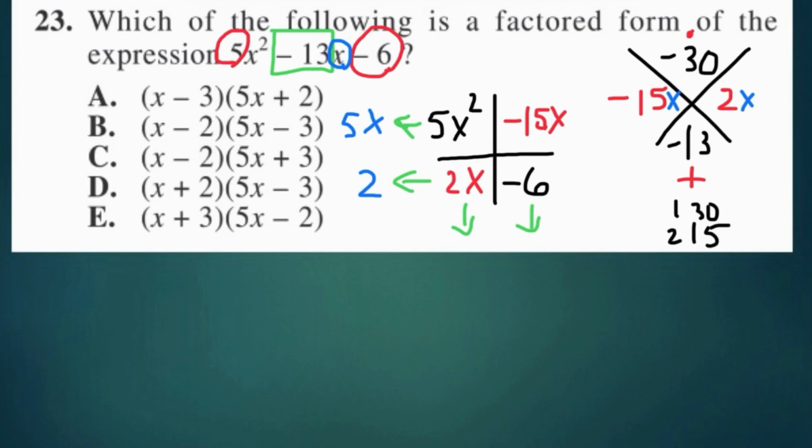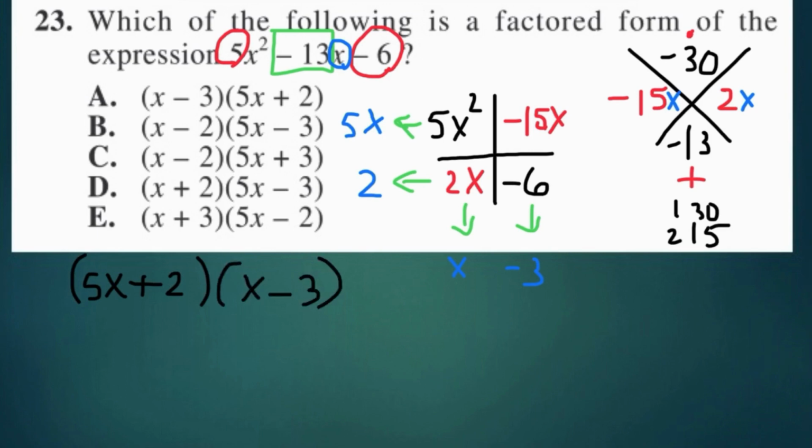If we factor the second row, we can take out a 2. If we factor the first column, we can take out an x. If you factor the second column, we can take out a negative 3. So we end up with the two factors, 5x plus 2